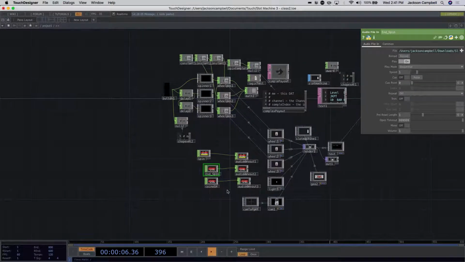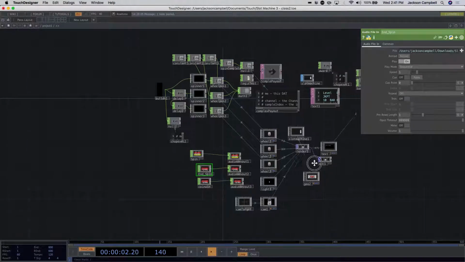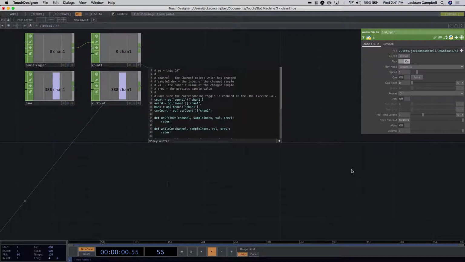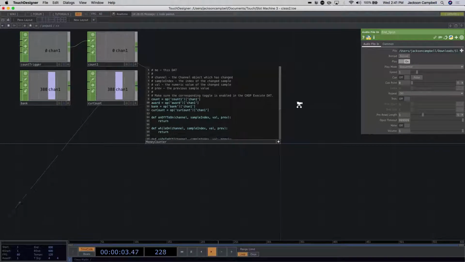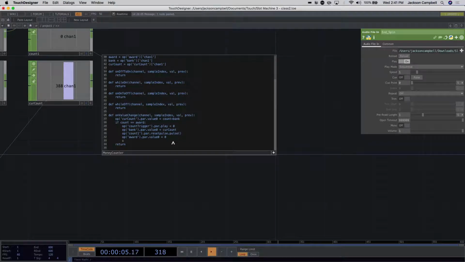The only thing left is this coin win stuff, which we can add to. We want the coins to be spitting out when the money counter does its stuff. So we can add it to the money counter code over here. So here on value change, we have these things down here. We can add another op here, op coin win dot par dot play equals